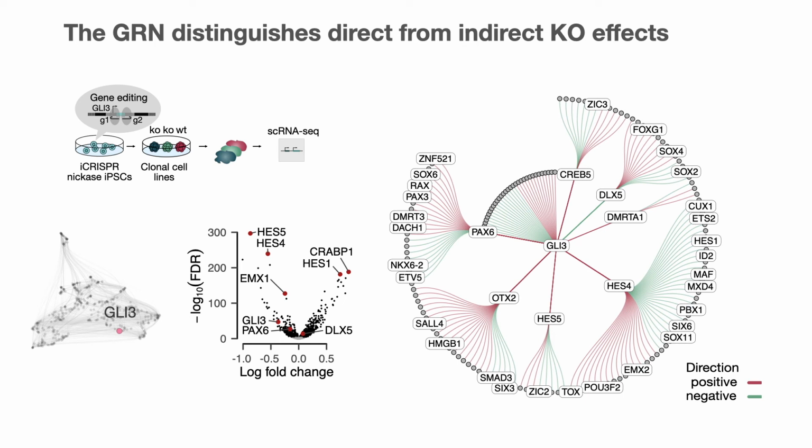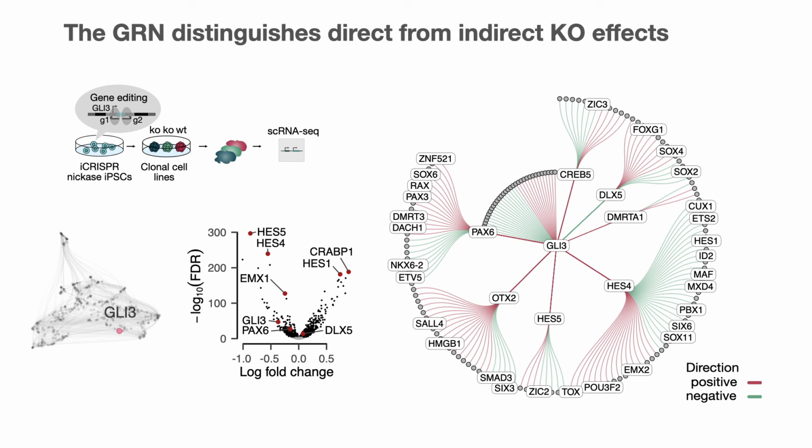What you would then get is this list of genes, and you don't really know how these genes are related to GLI3. So we thought that it would be great to really build this mechanistic model with the help of our GRN of how GLI3 regulates these genes that we see to be differentially expressed. And on the right-hand side, you can actually see this is a subnetwork of our GRN, where each edge is fully consistent with what we observe to be differentially expressed. One thing we can actually see here is that a lot of these genes are not directly regulated by GLI3, but actually secondary effects that are affected by some other gene that GLI3 down or up regulates.